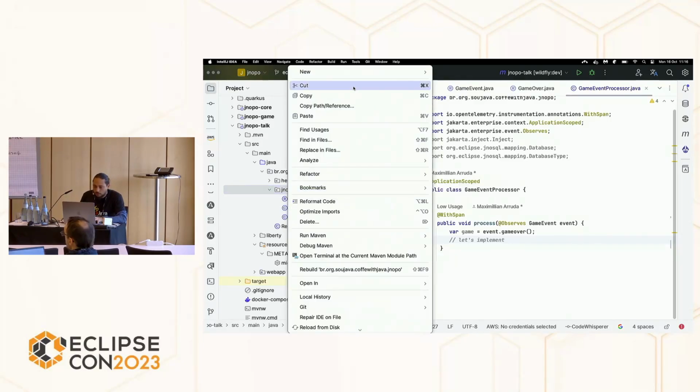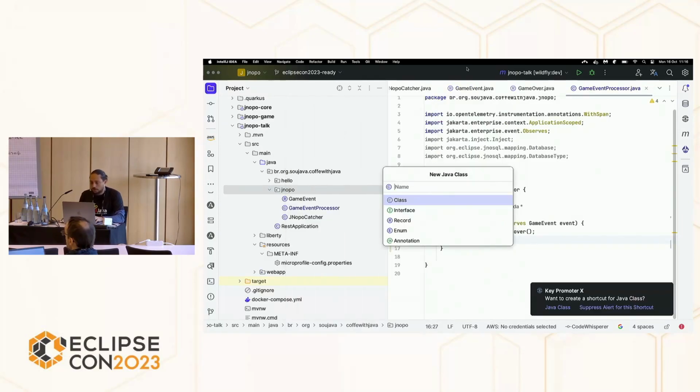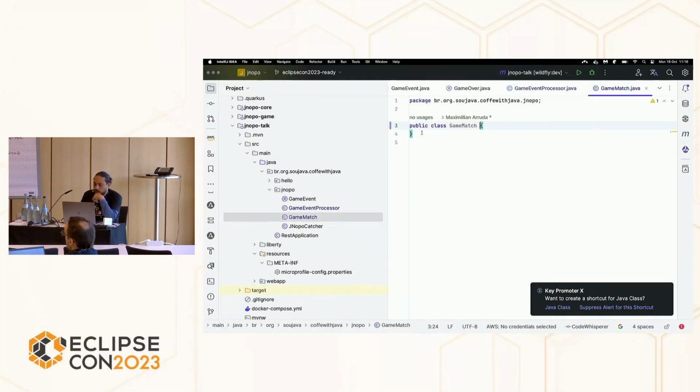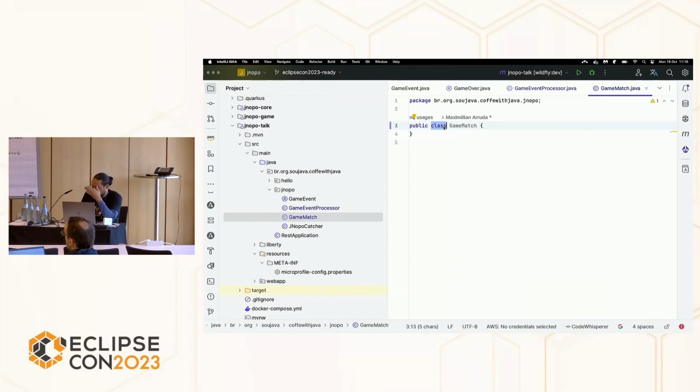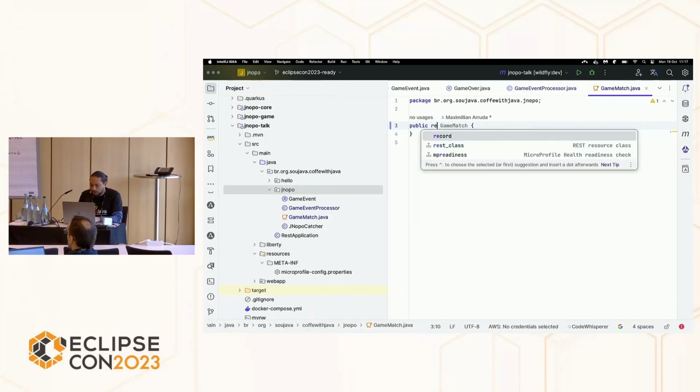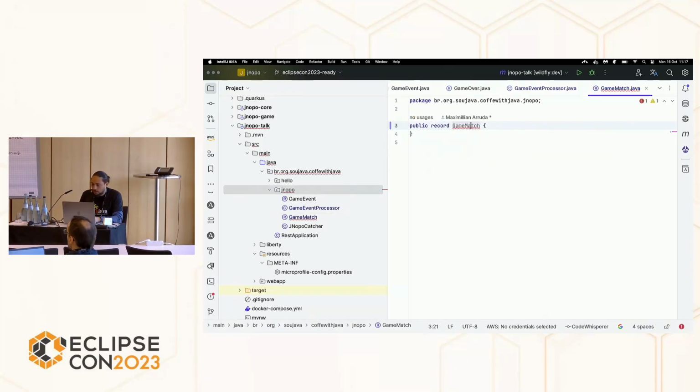And right now, what we're going to do, we're going to implement a game match. And the interesting thing is that Jakarta NoSQL, Eclipse JNoSQL supports records as entities. So if you want to use this kind of one, it's very interesting too. So we can get it, and let's create the